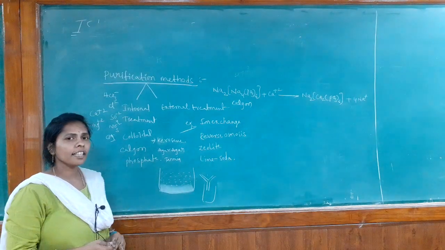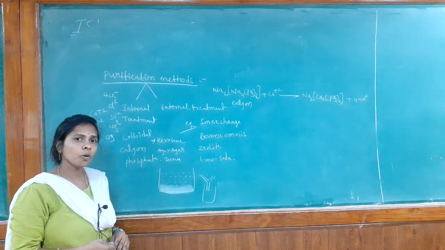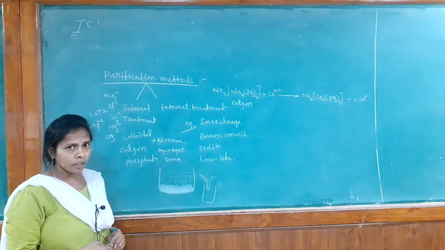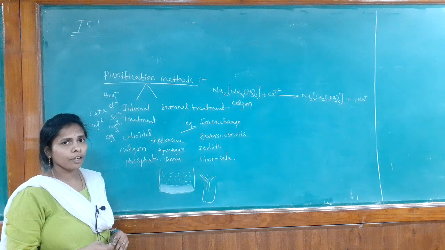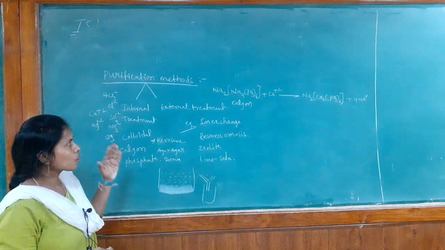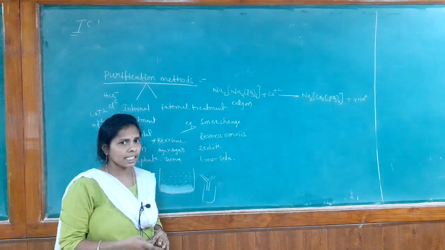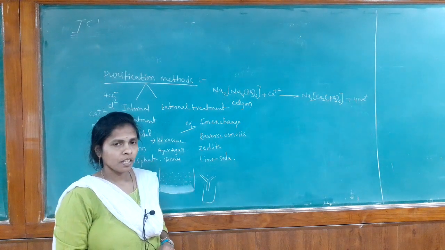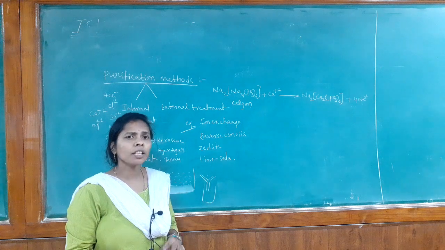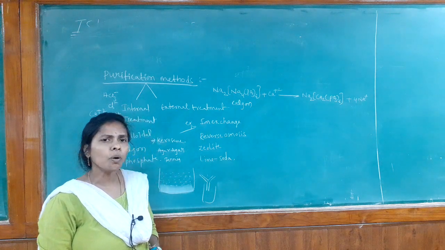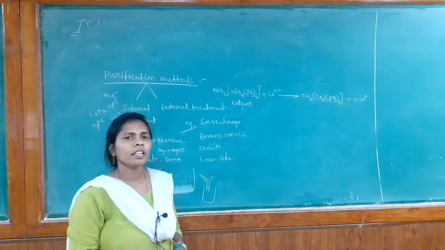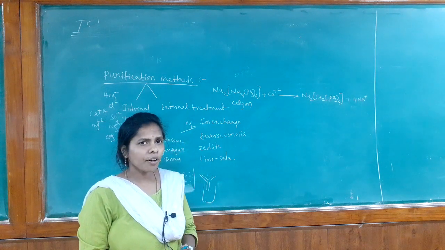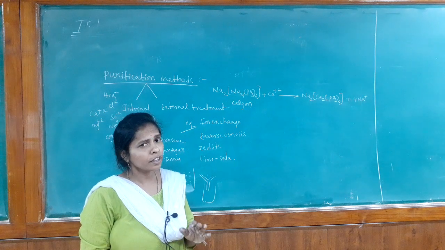So these are the internal treatments. The colloidal method removes the colloidal impurities in the water sample. The Calgon treatment removes only the calcium ions in the water sample. Now let us see the next, the external treatment. The external treatment is the zeolite method. The zeolite method is similar to the ion exchange method. You know what the ion exchange method is? In the ion exchange method, all the ions in the water sample are removed.